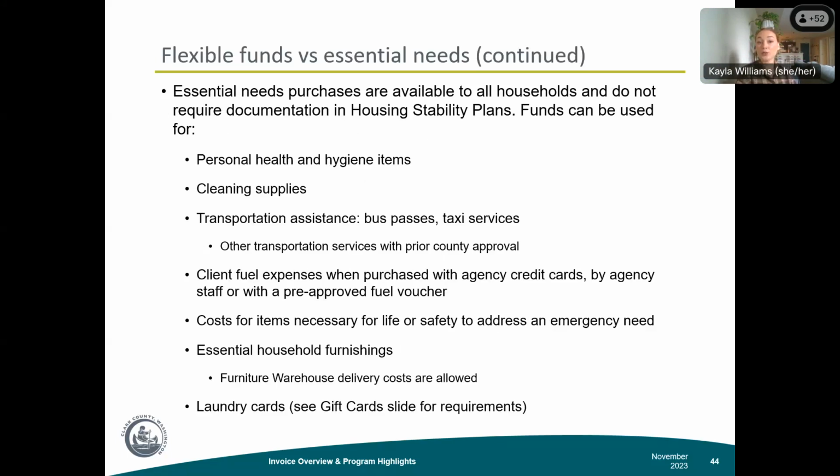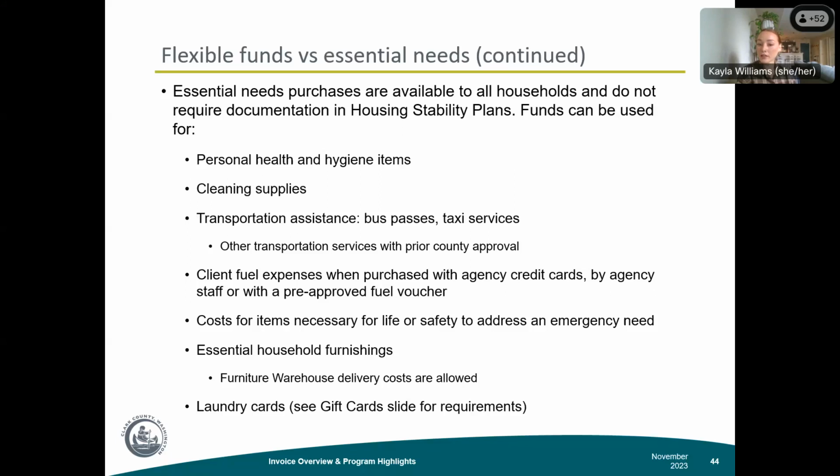Essential needs are available to all households, and they do not require documentation in your housing stability plan. Funds can be used for personal health and hygiene items, cleaning supplies, transportation assistance, client fuel expenses when purchased with agency cards, by agency staff, or with pre-approved vouchers. Costs for items necessary for life or safety to address an emergency need, essential household furnishings, laundry cards,